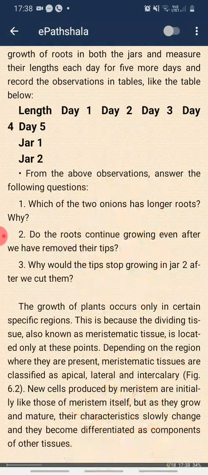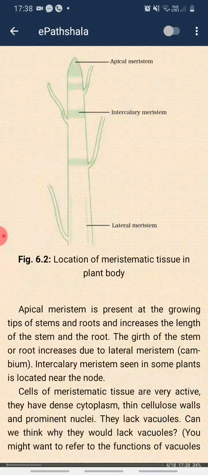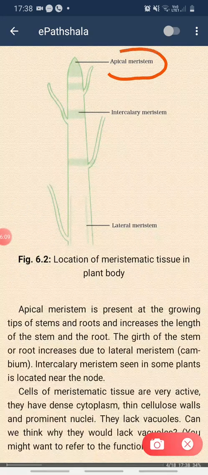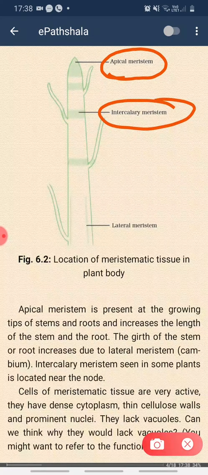You can see in the diagram which is given on the next page, these are the three types of meristematic tissues that are present. You can see apical meristem, where it is present at the tip of the shoot. Now the same thing will be present at the tip of the root also, that is also called apical meristem. Then there is intercalary meristem. What are these intercalary meristems? They are the ones responsible for giving out these branches. Here the growth will take place. Again, these are cells that have the ability to divide.